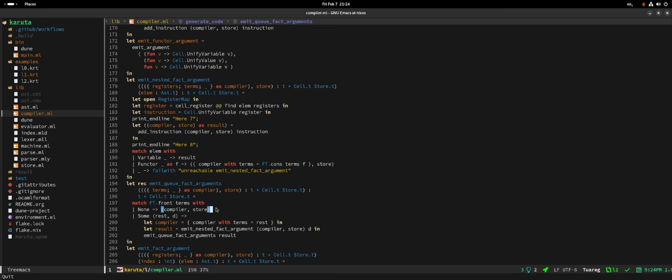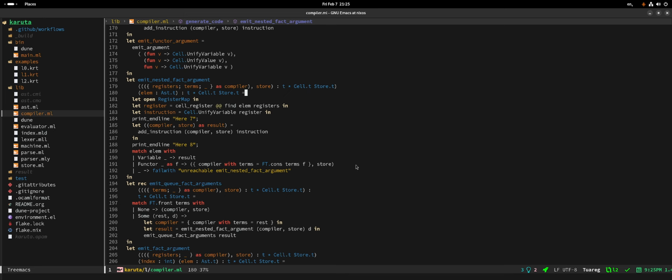Okay, there are a couple of solutions. The one that I'm primarily leaning towards is to add a lambda to this as an argument that we're just going to pass the functor to. Actually, that's not quite right. It needs to step through the arguments, and then if they are variables, actually, can we just do emit fact arguments here? Wait, we can't, right? No, where?